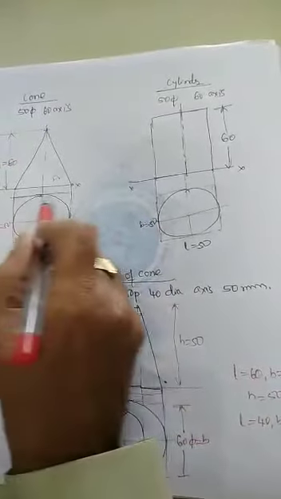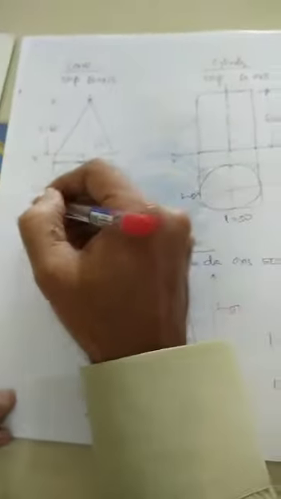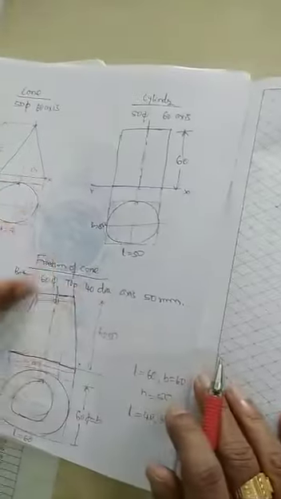If you inscribe it in the square, this horizontal will be the length and this vertical will be the breadth. Height you are going to get from the front view. So length, breadth. In isometric projection, lengths are drawn at 30 degrees. The 50 is the diameter of the cone there. So L is 50.